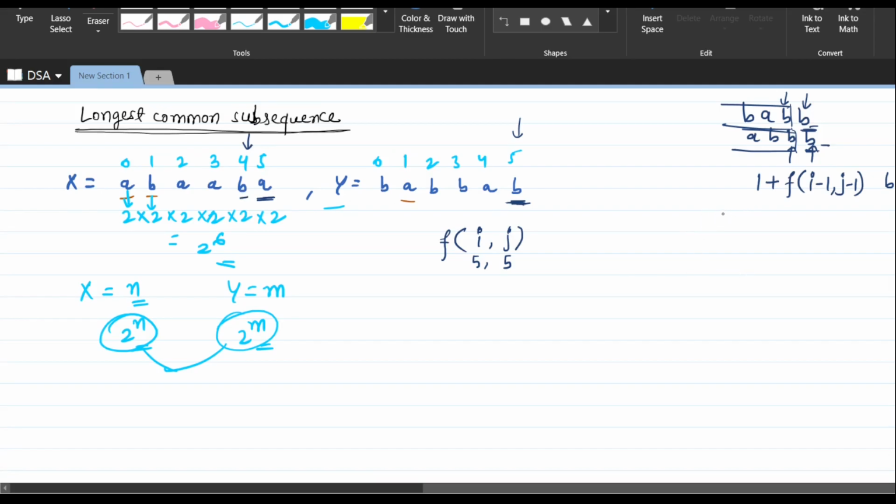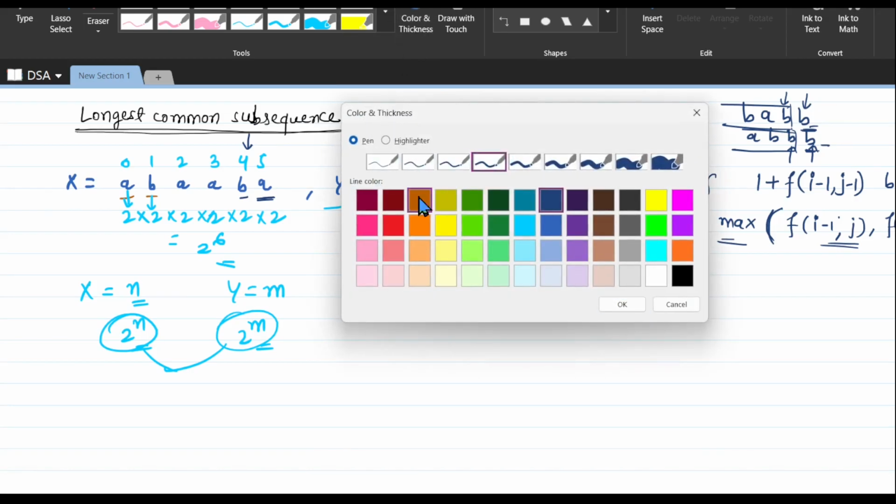So I have to do only one thing. Our task is to maximize the longest common subsequence here. So I will find out the maximum of f(i-1, j) or f(i, j-1). Whichever function will give me the maximum answer, I will take it. So these are the two conditions. Okay, and if we make the tree for this problem, so what will be the tree here is,